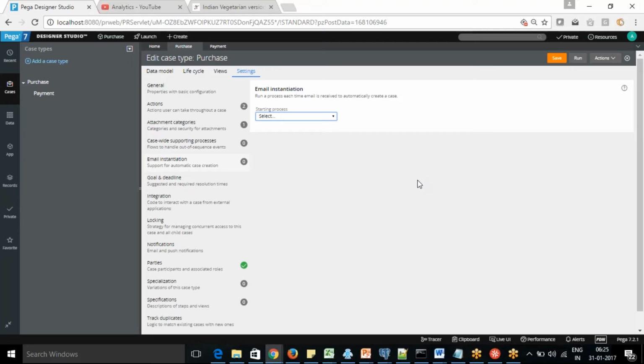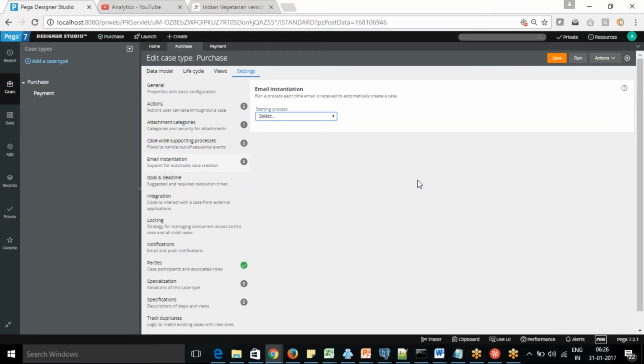So actually, in OOPS concepts, when we are creating a class and when we are creating an object, we call it an instance. The object that we create from a class is normally called an instance of the class, right? So the word is coming from there.